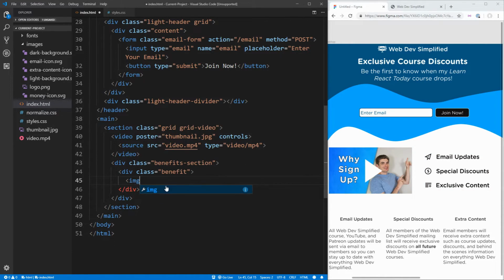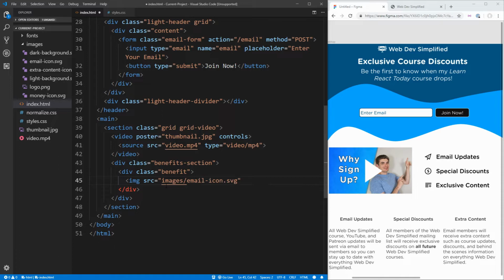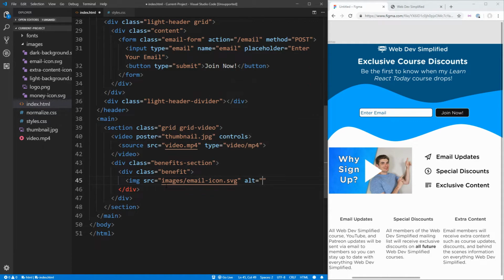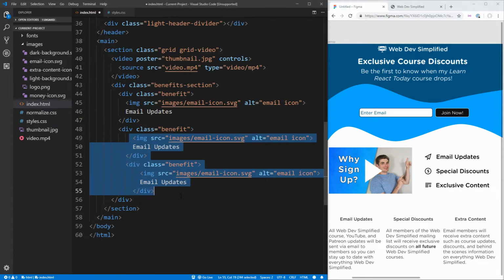So let's put first our image. We're going to give it a source, and this one's going to come from our images folder, and this very first one is our email icon, so we'll use email icon.svg, and we're also going to give it an alt. Again, this is for screen readers, so we just want to describe what the image is, so we're just going to say that the image is an email icon. We can close that off, and then after here, we're going to put our text, which is just email updates, just like that. And we can copy this down a couple times,